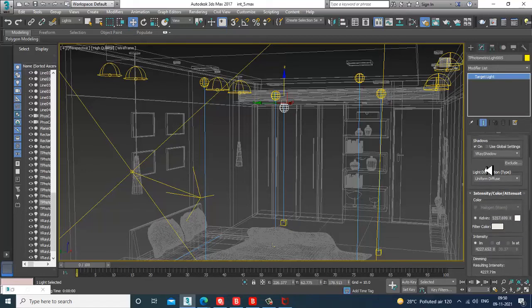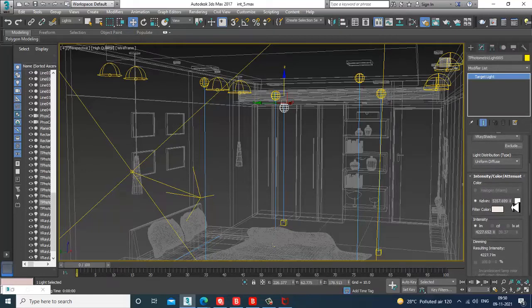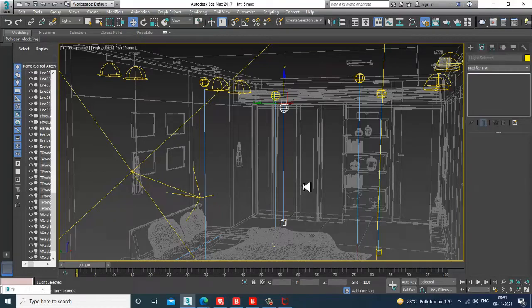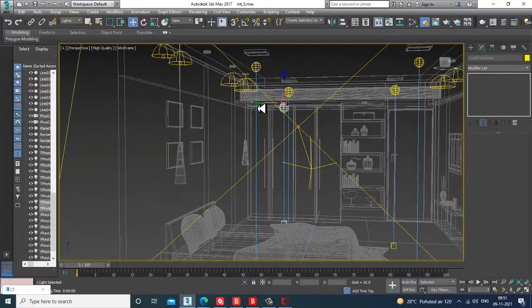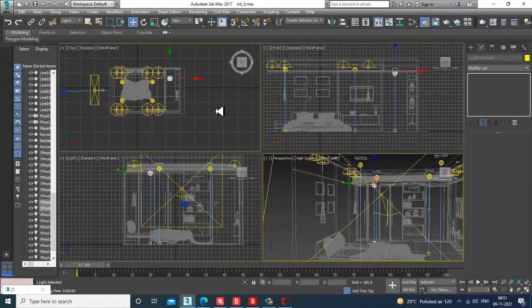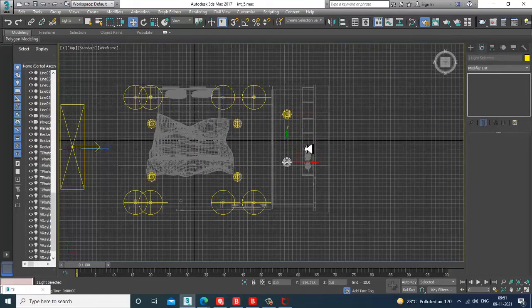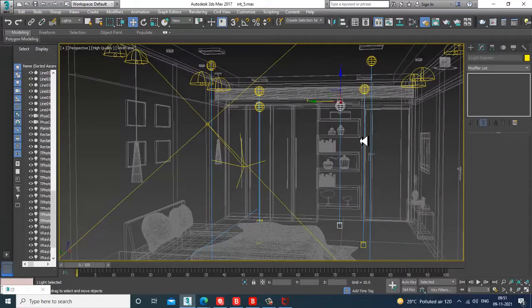But the intensity, I'll reduce this. Select this, again Shift and drag it. So let's just duplicate that the same way.